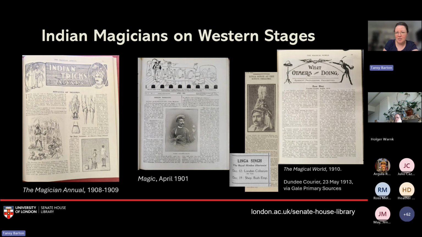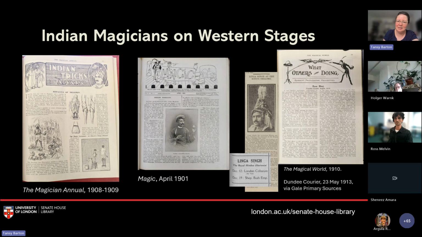And here we have 3 Indian magicians featured. There is Naha Alvaro, who also performed as Professor Alvaro, exposing the tricks of Indian fakirs in the Magician's Annual in 1908. Next to that is Natu Manchachand, who was one of the first cover stars of a magic magazine from India in the West. And he's particularly praised in this article for wanting to follow the Western style of magic rather than what was being done in India at the time.